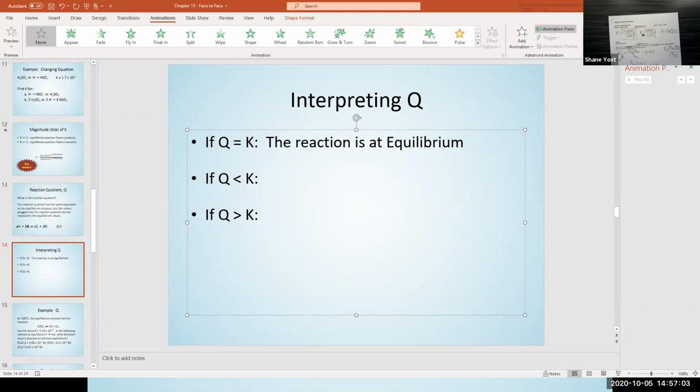Right? So it's not at equilibrium, so it's got to do something. Every chemical reaction wants to reach equilibrium. Every chemical reaction, when you start it, will end at equilibrium. Every reaction will eventually reach chemical equilibrium given enough time. So if I have some chemical reaction where I plug in to my expression.